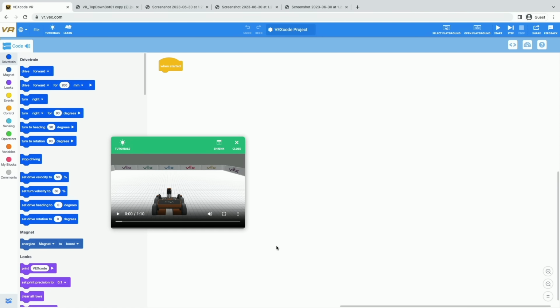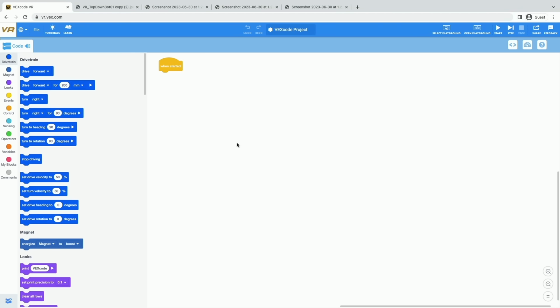Now, the first thing that will probably jump out at you right here is you can see a little screen with a tutorial video. So here you can see our virtual robot that we're going to code. This tutorial video will walk you through getting started with VEX Code VR and a little bit about how it works. But since we're going to do that together in this camp session, I'm going to close this window. If you want to open that up a little bit later to watch that tutorial, you can access that one and many others with this little tutorial icon in the toolbar.